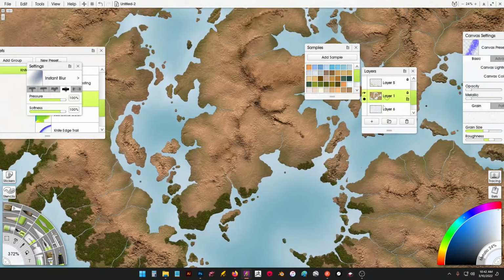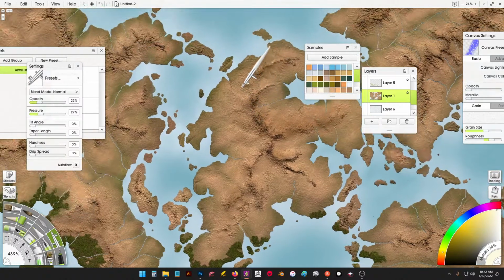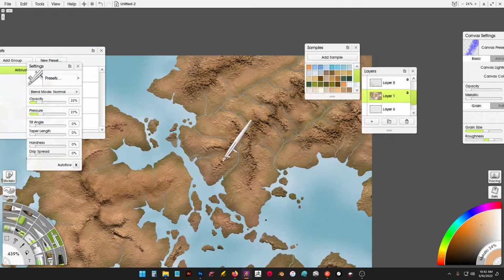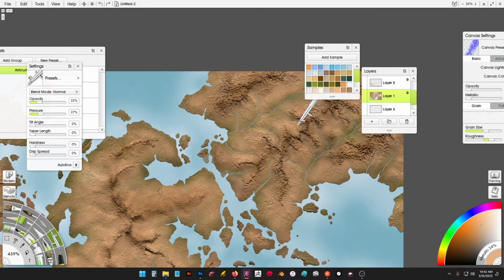Okay, let's go back to our mainland, and let's go back to maybe this color. Let's have a look at that, because we want these areas to be a lot drier. Totally forgot what I used. Yeah, I probably used that. So we're going to really pull this color down into the grass areas because we want pretty sharp delineation. Except right here, I think,